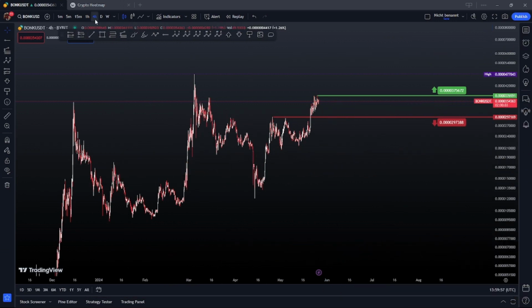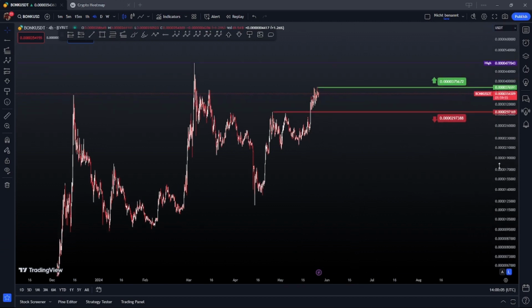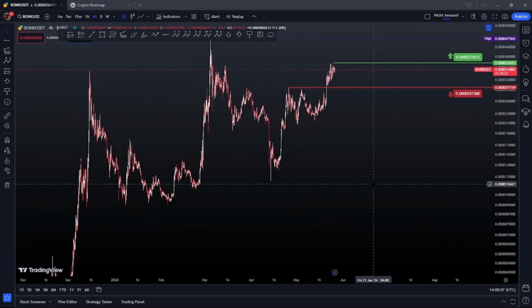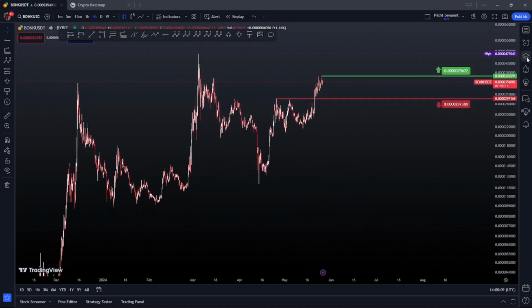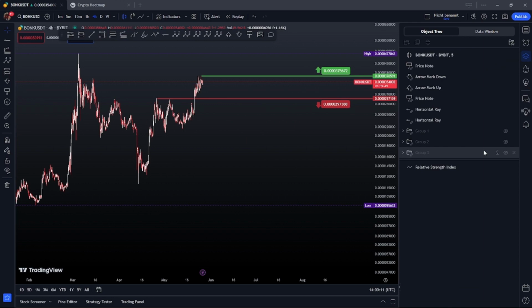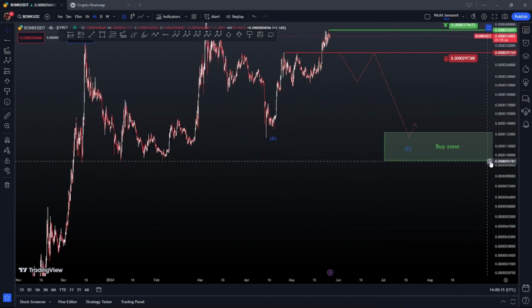Hello. So here is my BONK analysis, and the results are pretty interesting, I think. At first I am going to show you the bearish scenario, or the rather bearish scenario,